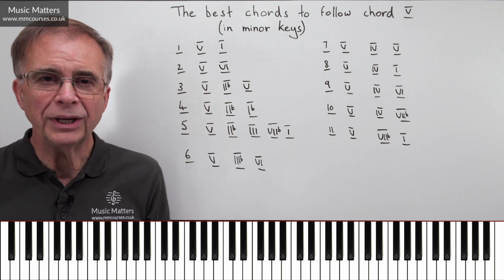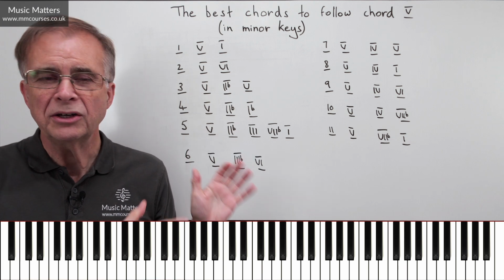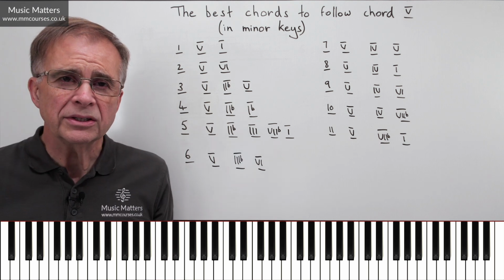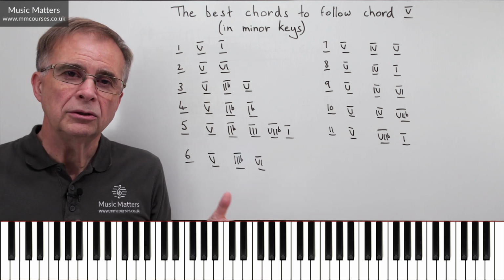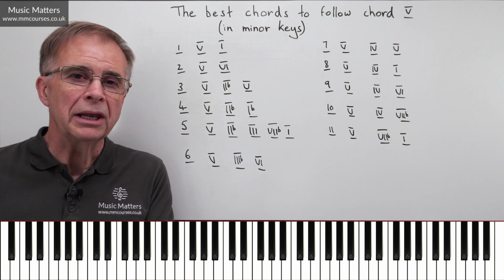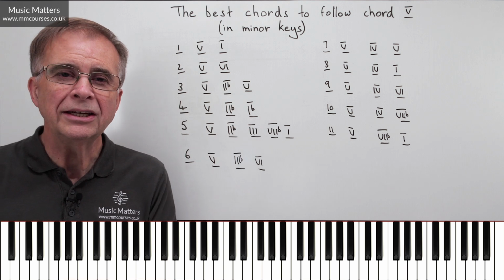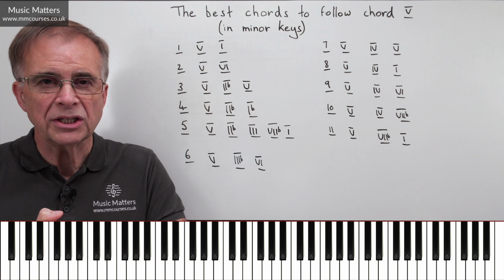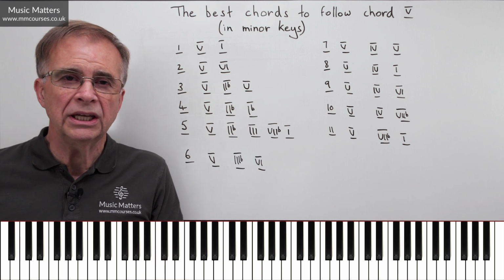Now, just before we get into this, a couple of things to say. First of all, I'm doing all of this in relation to the harmonic minor scale. Why am I doing that? Well, since 1600, the convention has been that you basically use the harmonic minor scale to write harmony. You use the melodic minor scale to write melody. Well, sometimes those two things end up in slight conflict and you have to make adjustments to make sure they fit each other.